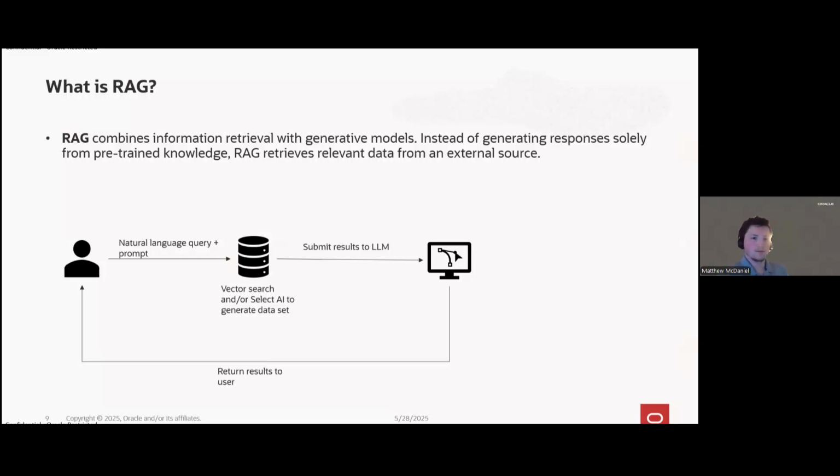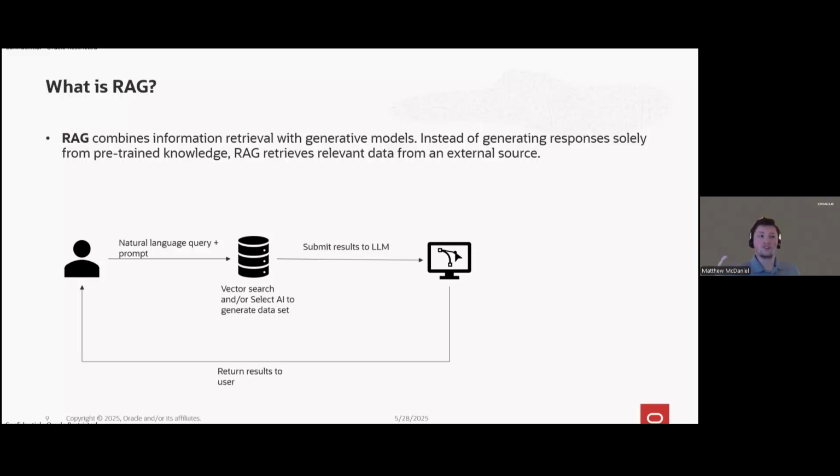For instance, LLMs are not trained on your own business data, nor should they be. However, you still want to get an accurate response when it comes to talking to an LLM and seeing what the result is. Typically, what people do is they might insert some natural language prompt,